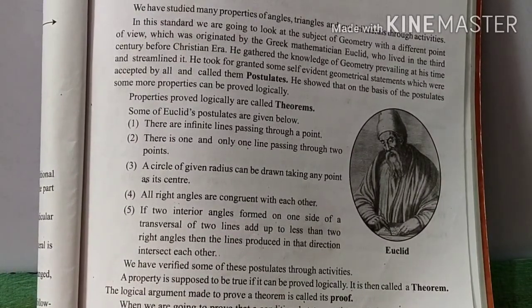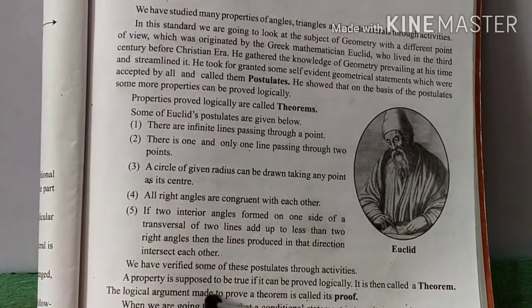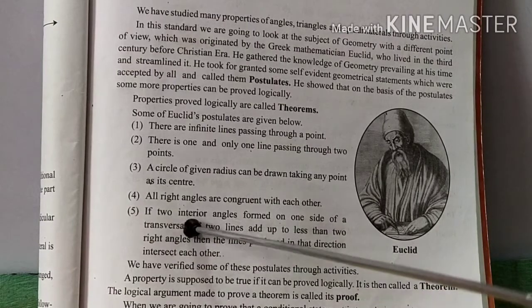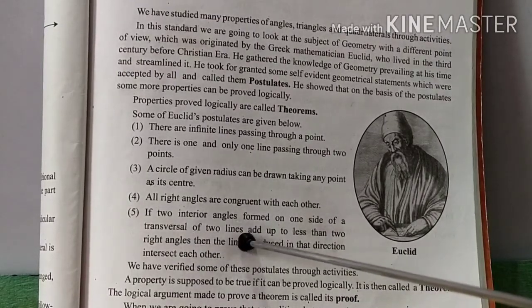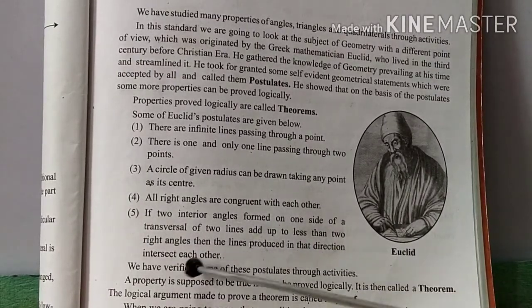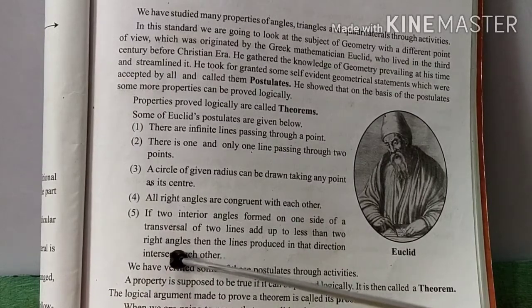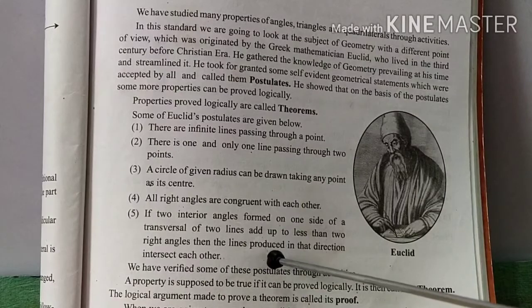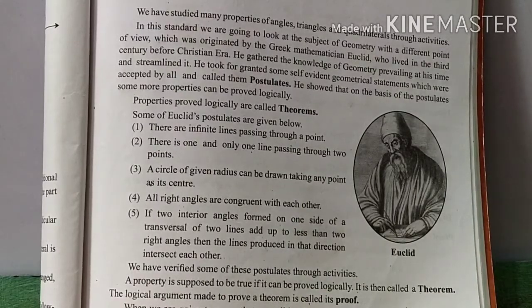म्हणजेच काय, ट्रान्सव्हर्सलच्या एकाच साईडला असलेल्या इंटेरियर अँगल्स, दोन इंटेरियर अँगल्सची जर सम केली आणि ती सम लेस दॅन 2 राईट अँगल्स म्हणजे 180 पेक्षा जर लेस दॅन असेल, तर त्या लाईन्स त्याच डायरेक्शनमध्ये प्रोड्यूस केल्यावर काय होतात, एकमेकींना इंटरसेक्ट करतात. ओके,